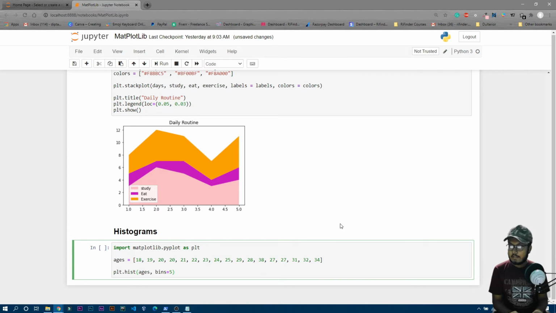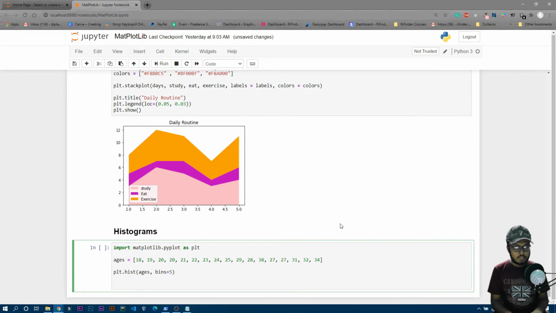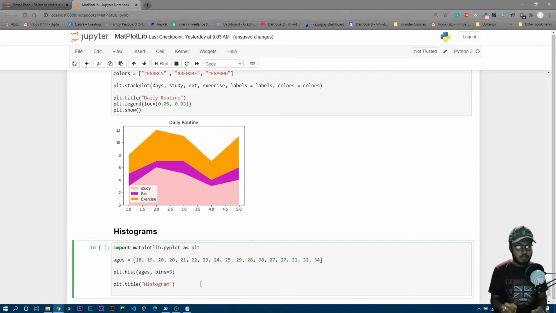And then we can also write edge color or something like that. We will do that later on. Okay, so let's make a title. It should be Histogram or something like that. And then we can also write the x label and y label. So let's do that quickly. The x label is basically the ages, and then we can write the y label, for example, total responses.